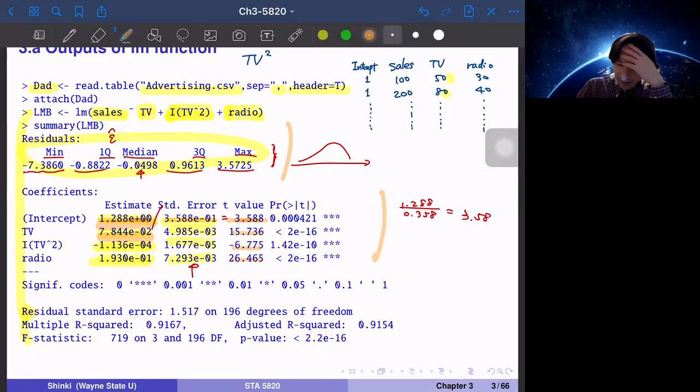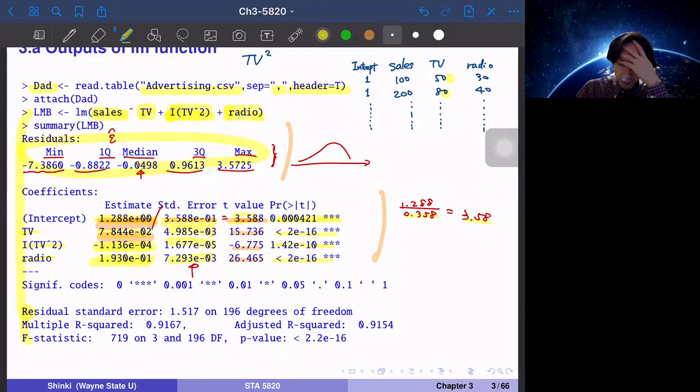It looks like just by chance this number and this number are similar, but that is just a coincidence. And this is p-value. So how significant this t-value is, or we can say how significant this estimate is different from 0. And all values are significant. So the relationship between cells and the TB, square of TB, ratio are pretty robust